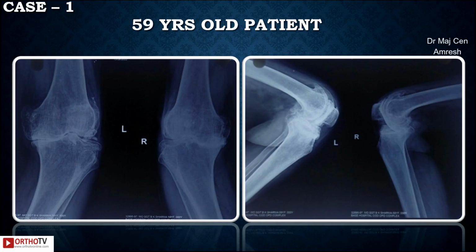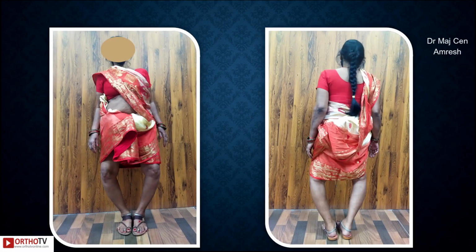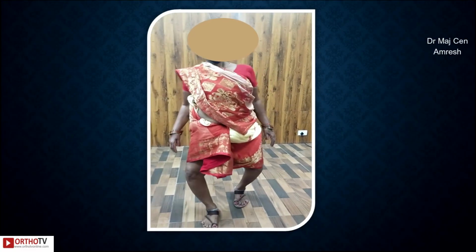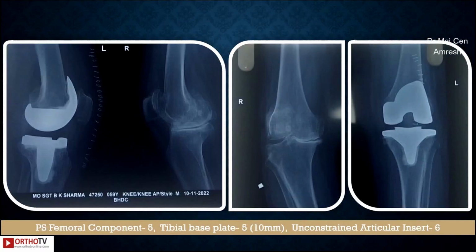So having this composite cocktail of complexities, now how do we go about it? This is a 59-year-old patient. The knees, as you can make out in the AP view, the left side appears to be almost subluxed. There are marked osteophytes, bone defects on the medial side, and a case of tri-compartmental advanced osteoarthritis. This is the patient's clinical photograph. She's barely able to ambulate independently without any walking aids, and probably her ambulation would be restricted to less than 500 meters.